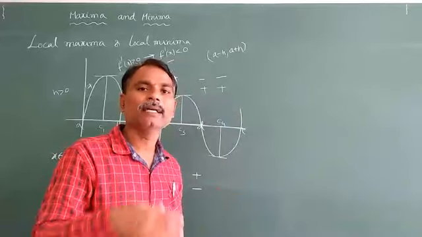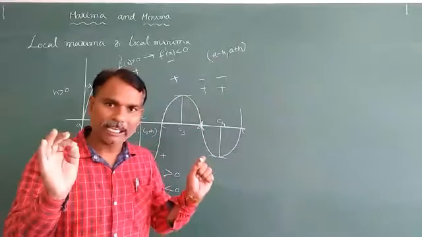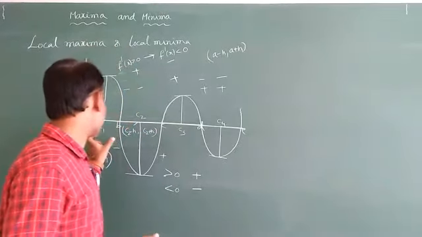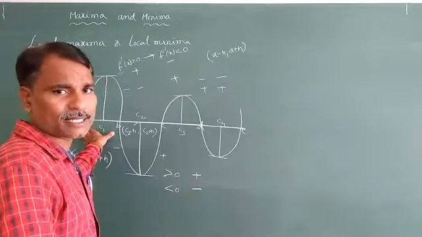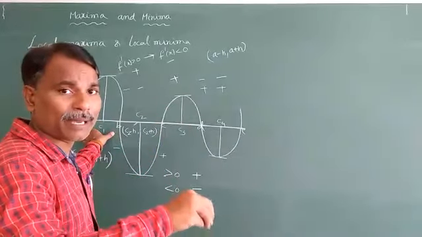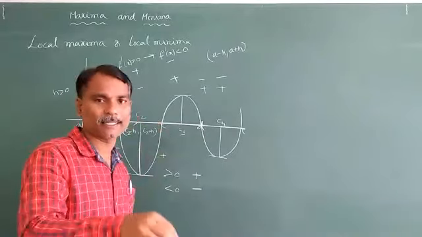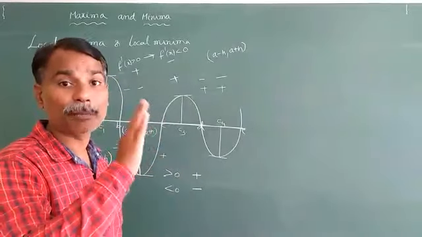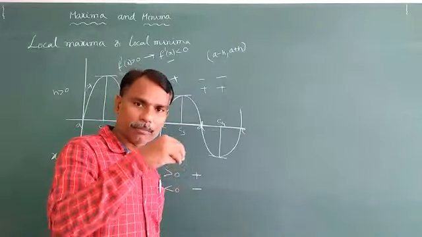But sometimes he will just give you x belongs to R, which means there is no interval, because it is minus infinity to plus infinity only. But for understanding purpose we are taking intervals. Sometimes he will mention it, sometimes he will not. But what you have to understand: if f of c is greater than f of x, at that time we should use the maximum, and if f of c is less than f of x, at that time we should use the minimum.